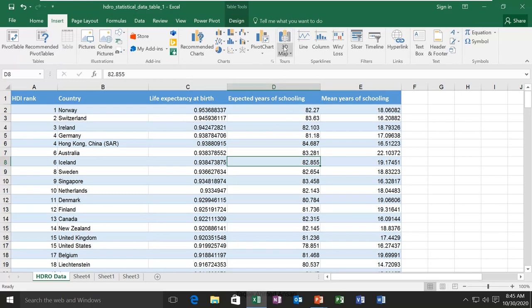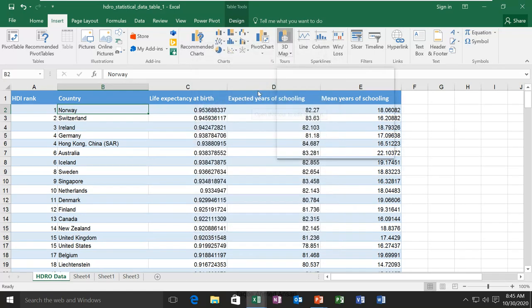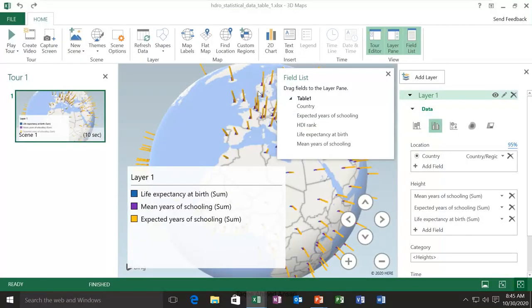So if I select the table, go to Insert and click on 3D Map, it shows that it is going to open this one. So I say okay, and here you have this. It is showing you the fields of your table, and here you can add those fields.